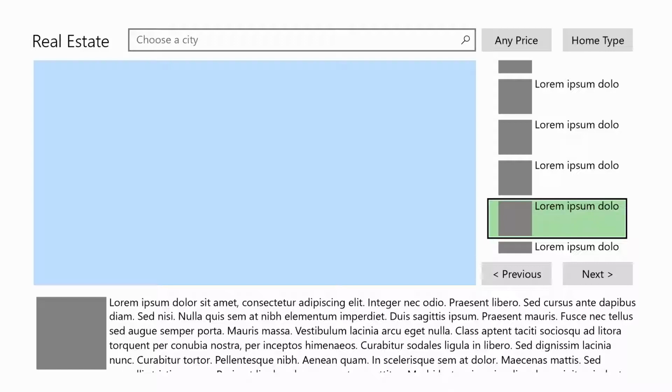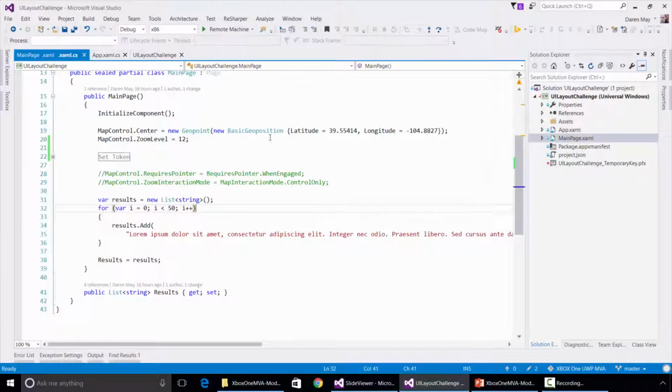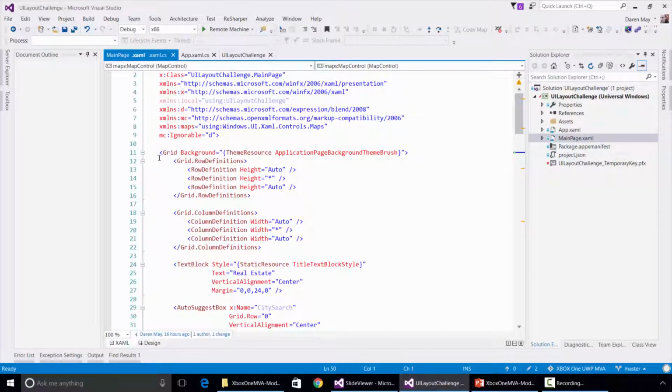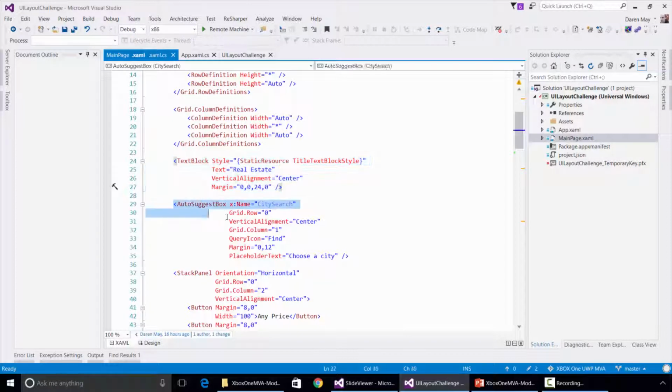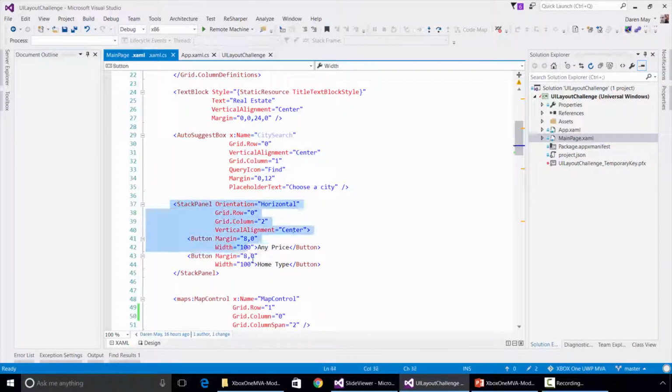So instead, I think we need to do a couple of different things, and let's actually go into the code and see how we're doing. We can talk through that as we look. So I'm going to bring up my UI challenge application, and I'm going to look at my XAML layout. What we have here is a pretty standard kind of grid-based layout. Here's our title. This is showing our real estate up the top left-hand side of the application. Here's our auto-suggest, and we can see there's no magic in any of this navigation. Just standard controls. We have a stack panel here, which is horizontally laying out our any price and home type